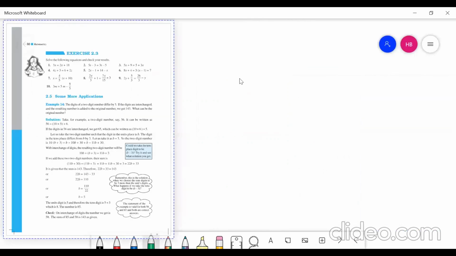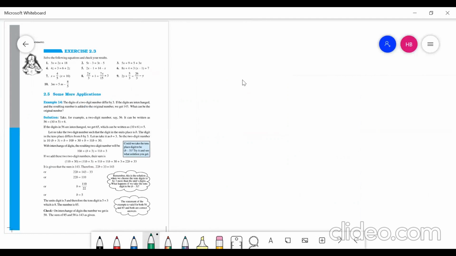Okay, these are the questions where we have variables on both sides of the equation, and we have already seen how to solve this. So I'm just going to pick some of the difficult questions which I think are there in this exercise. So let me solve question number 7 for you and question number 9. Okay, so I am solving exercise 2.3, question number 7. It says you have to solve for x, obviously you have to find the value of x.